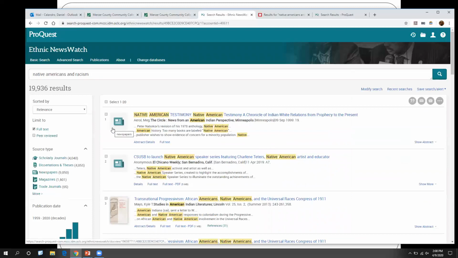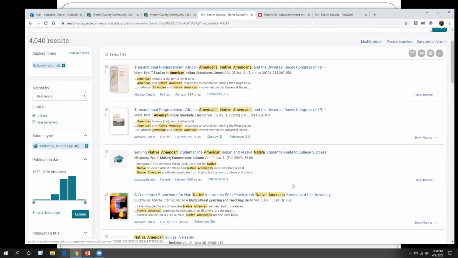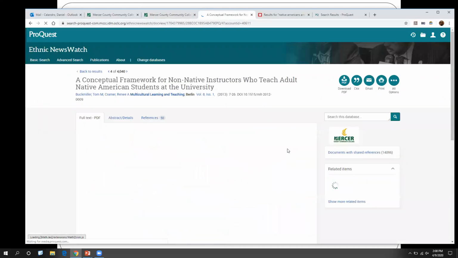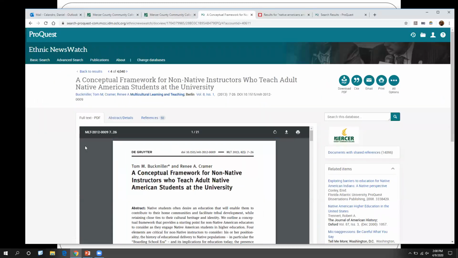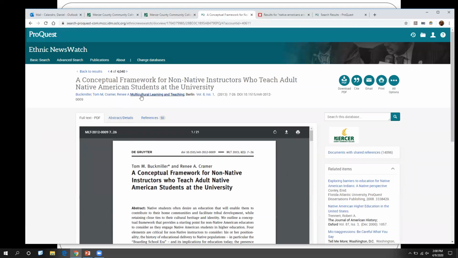Same deal too, this actually also has newspapers and magazines as well as scholarly journals. So if you want, you can just click on scholarly journal and it will show you just those scholarly sources. And you can go ahead and click on one of these and see if anything is interesting. Again, same deal as the previous database. It'll open it up. There's the title, there's the abstract. You'll see it up here as well, and you can click on them. And then you have your cite, email, all those good buttons.